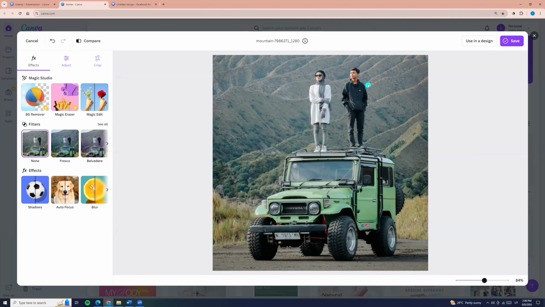When the adjusted photo suits us, we have 2 choices. We can click use in a design, or we can click save. If we choose save, here we have 2 options. So the first option is save to Canva. If we click save to Canva,